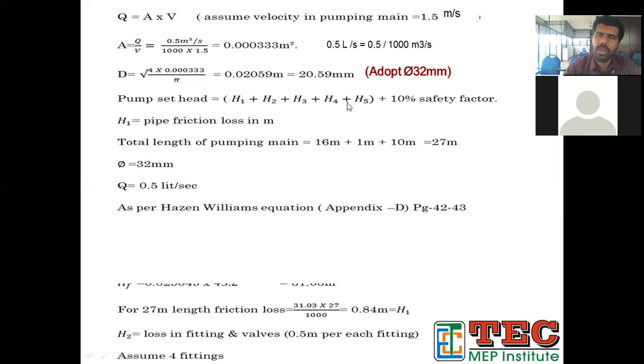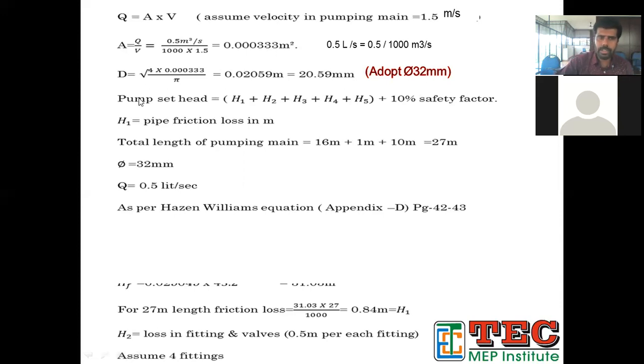So when you are going to buy a pump, the pipe diameter will already be specified for the suction and discharge. It will be 25 into 25 mm, or 32 into 25, or 25 into 32, or 32 into 32. Suction as well as discharge pipe will be there for the pump. So here, if you want to adopt 32 mm, it is pretty good, no problem. Or if you want 25 mm, that is also available in the market. So that is not an issue.